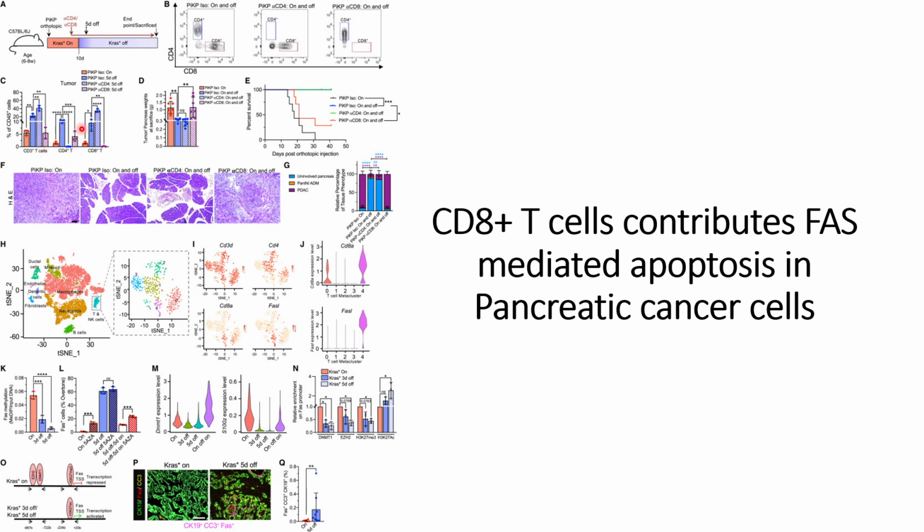And this is the control, CD4 plus and CD8 plus, where they can see that the CD4 plus population is completely depleted when the alpha CD4 antibodies are used, and the CD8 plus population is completely depleted when the alpha CD8 antibodies are used. And when they compare these conditions with the pancreatic cancer weight, they can see that when the KRAS mutations are on, there is an increase in the pancreatic cancer tumor weight, compared to the case when the KRAS mutations are turned off,